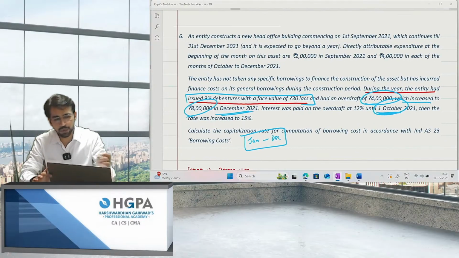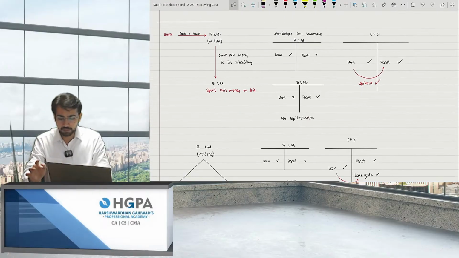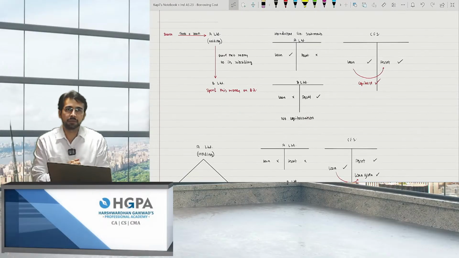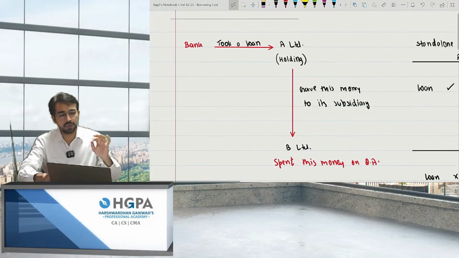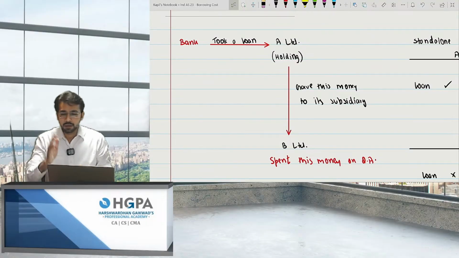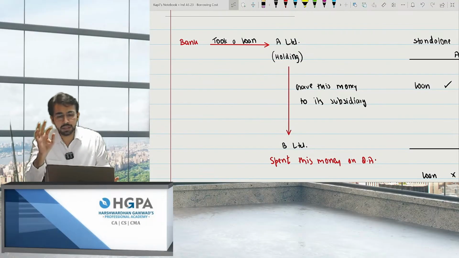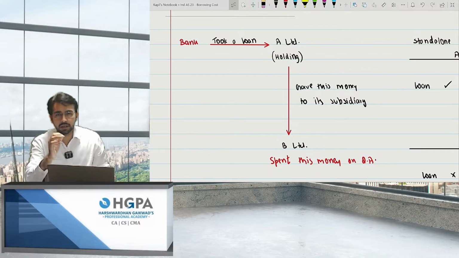And the last point of this chapter is nothing but the holding and the subsidiary, the group companies. See, I'm not taking a question on this, but I'll explain you the entire concept. So please pay attention on this concept. So A Limited is a holding company and he took a loan. A Limited took a loan, right? A Limited gave a loan to the subsidiary, which is known as B Limited, and B Limited spent this money